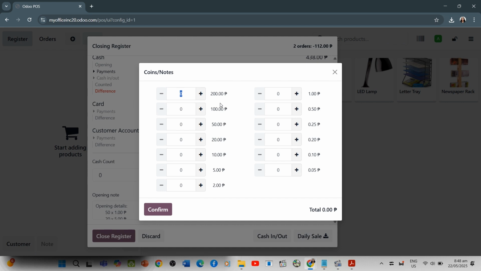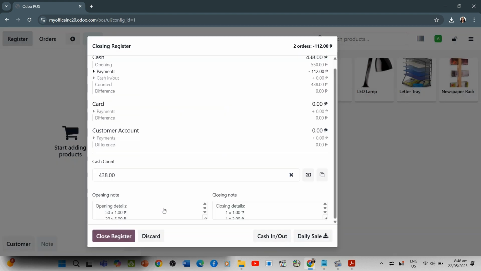Click the sign and put the following to have a 438 total. Then confirm and close the register.